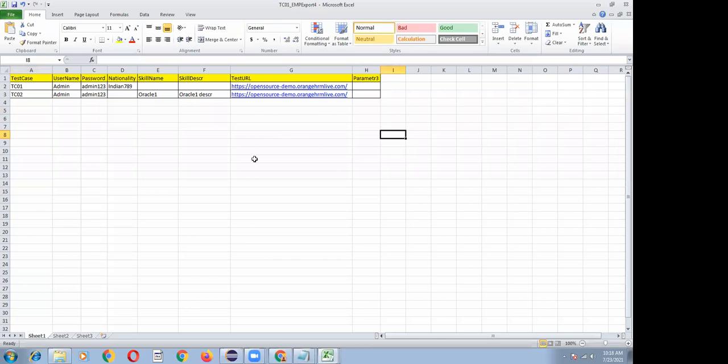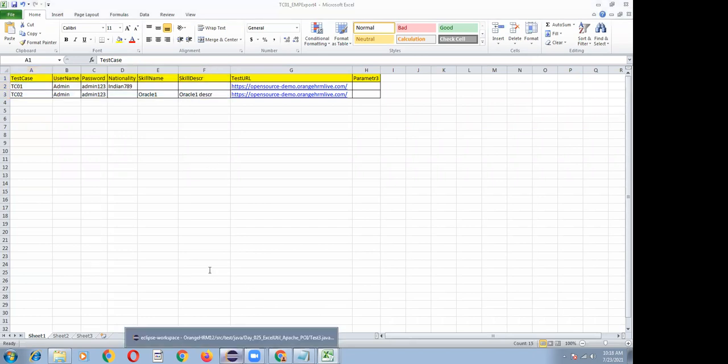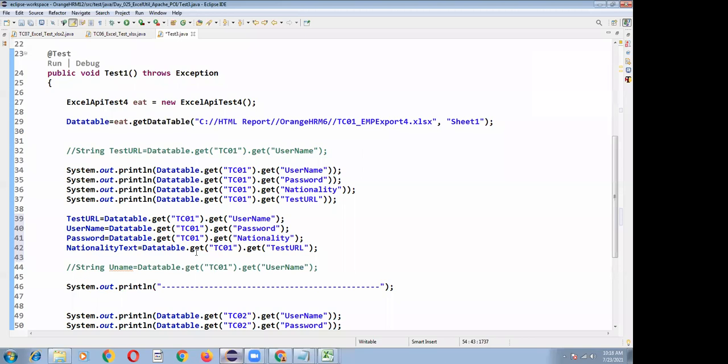But whenever you are implementing a data driven test, you cannot follow this approach because every test case's input data is different. For a data driven test, the number of rows and columns should be the same. So while implementing data driven, you can follow that approach. But if you want to maintain a consolidated Excel sheet, you can use this approach.